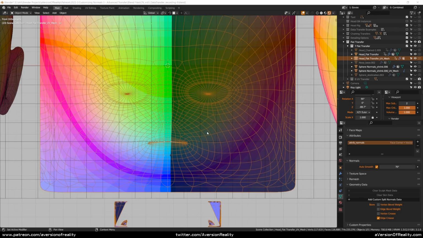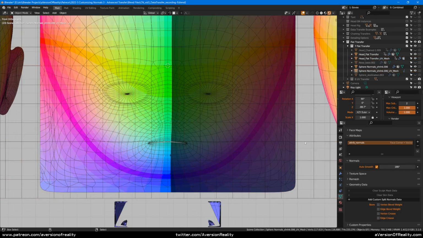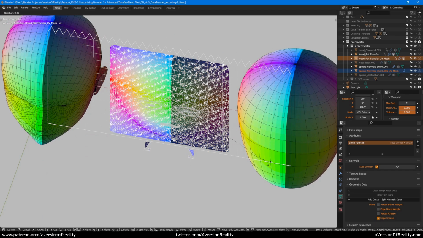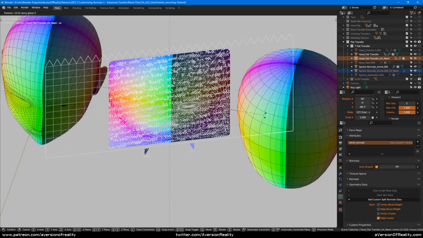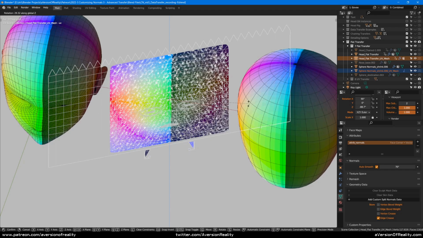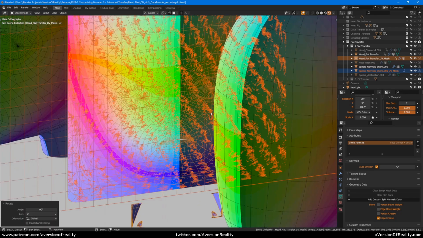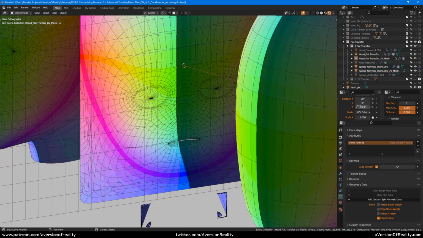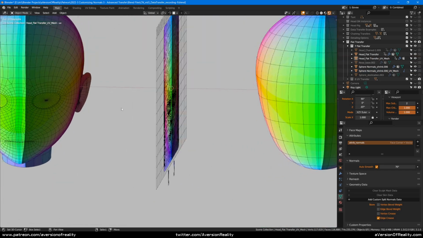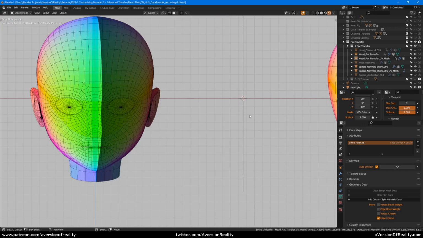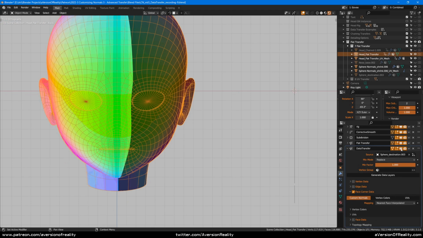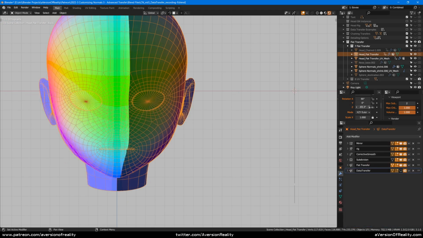I've tried all sorts of different settings and basically everything I could think of, and nothing addresses it except geonodes, or for some reason, if we rotate everything by 90 degrees, then the problem goes away completely. So it's something funky in the data transfer's math that isn't causing problems in other areas. And it's annoying to have to rotate this by 90 degrees, but it's not doing any harm. And yep, clean on our main mesh too.